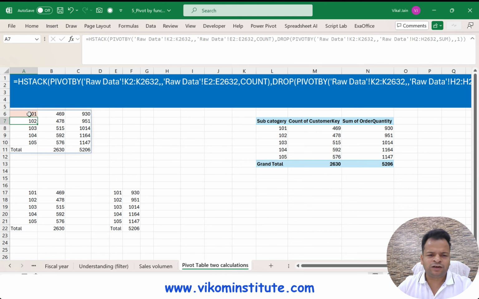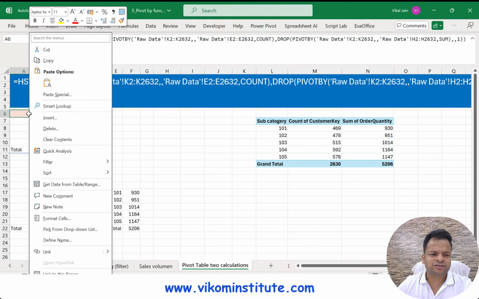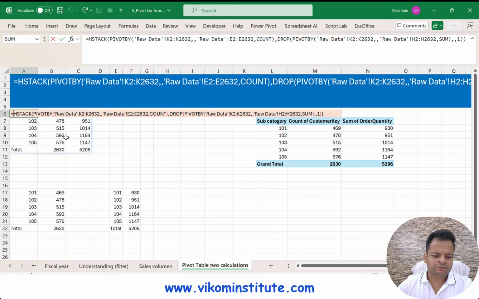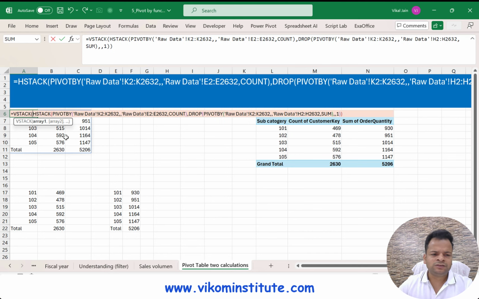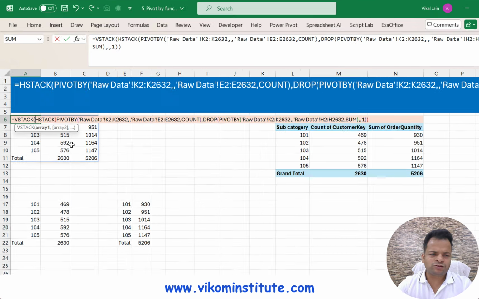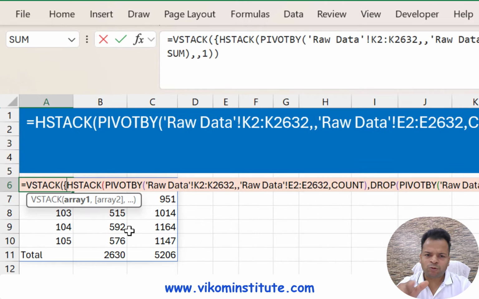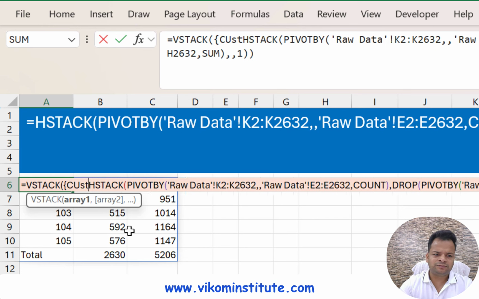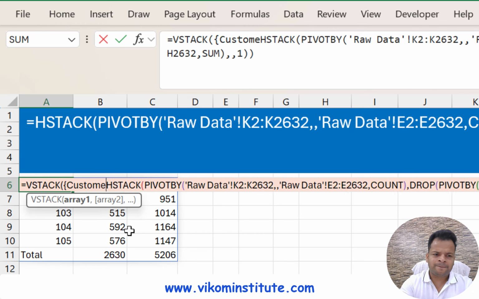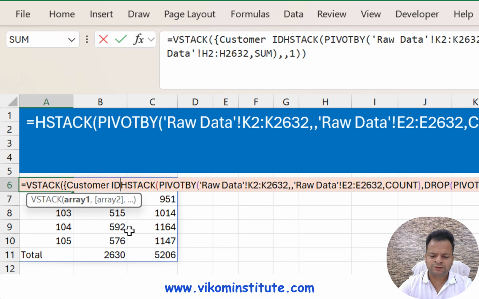And if you want the header, you can use VSTACK to put the header. Let's insert the header. So I'm going to use VSTACK also. Now we can create our own custom header. So I'm going to use curly brackets over here to build my own array. I'm going to use, let's say, "Customer ID". I need to put that in double quotes.